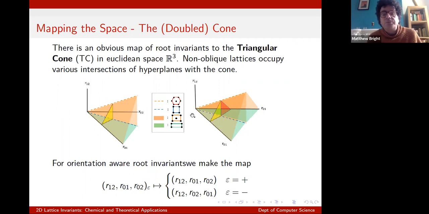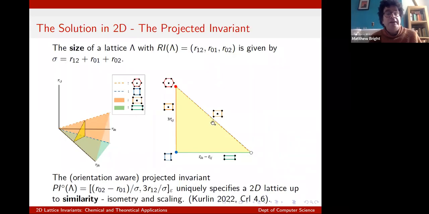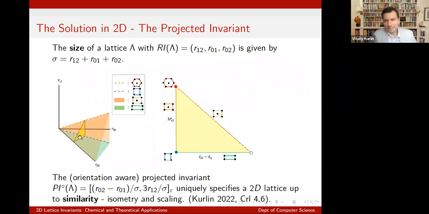If you care about rigid motions, that is reflections, because the obtuse superbase is an isometry invariant but not a rigid motion invariant, you can double up your three-dimensional space to map lattices of opposite discrete sign. Lattices that are reflections of each other are mapped as reflections in a boundary of the space. If you don't care about scaling, you can drop